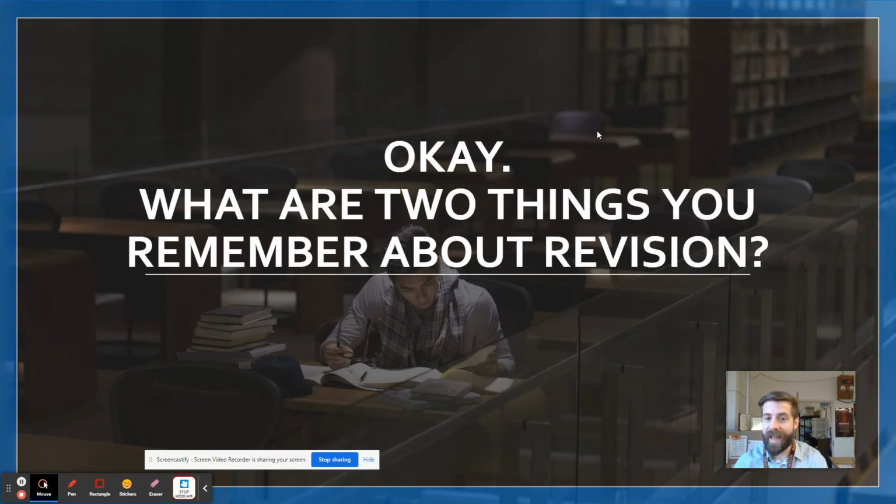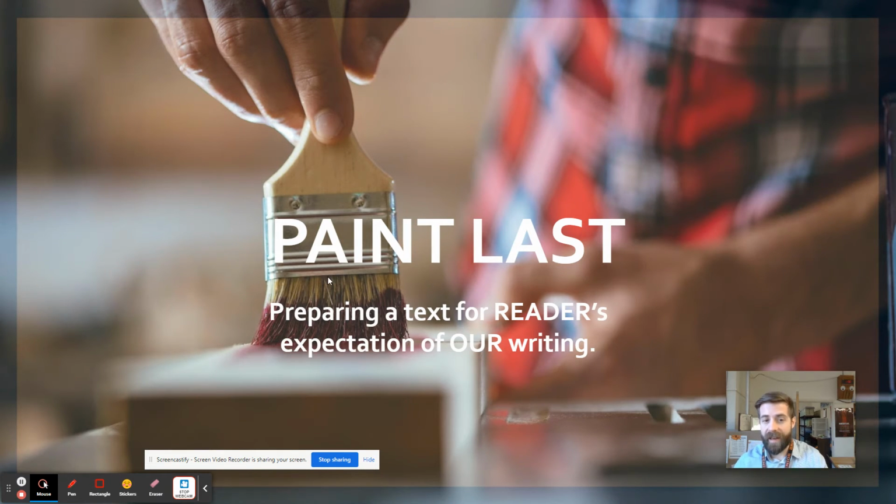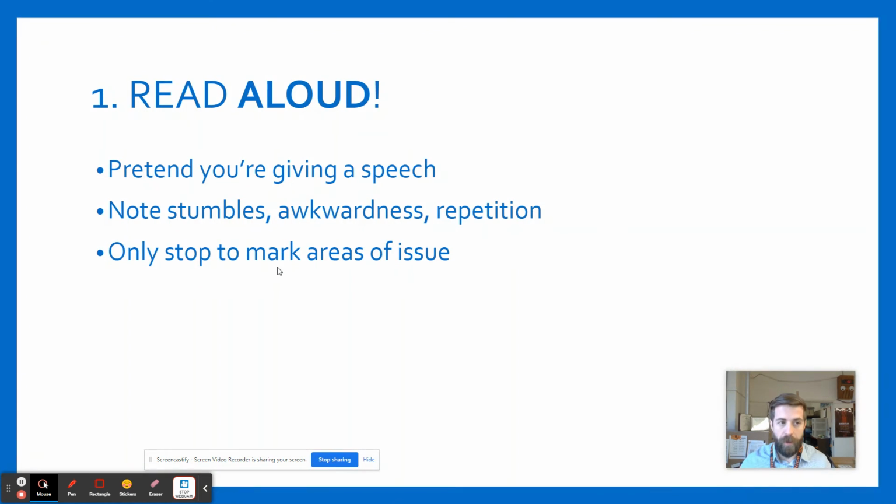Cool. So the next and last part is the idea of editing. If we're using our building-a-house analogy for writing a paper, one of the last things you want to do is make your rooms look nice in the house. You don't want to paint your walls and put all the art and furniture in there and then realize, oh, we need to move one of these walls, or I didn't put in a window here. Because if you punch that window or move that wall, you're going to need to go back through and do those finishing touches again. You're going to need to take all of your artwork and furniture out. You're going to need to repaint your walls. So do this last. This is the last thing you should be checking before you turn in your paper.